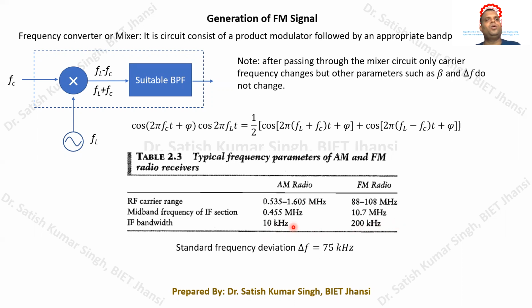So you try to observe this. Try to listen to a song on an AM radio station, and then try to listen to the same thing on an FM radio station. You will find that the song you are listening to on FM radio will have far better quality. And what is the reason? Because of the bandwidth. In the FM radio station we have a very large bandwidth.